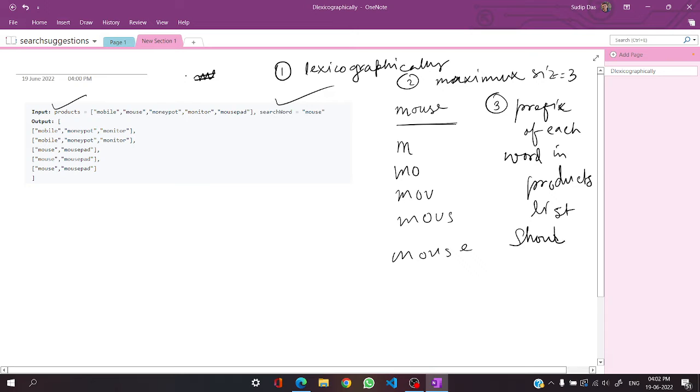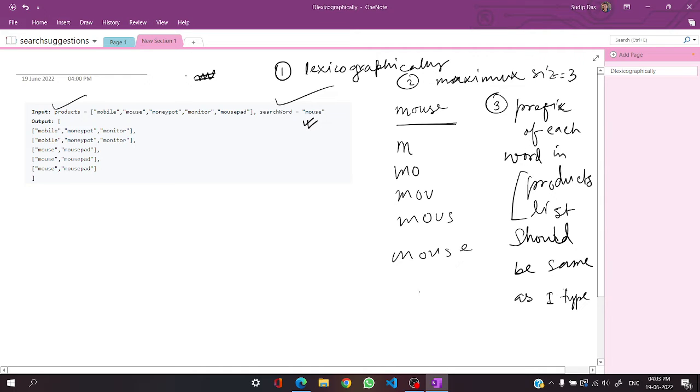It should be the same as I type. That means whatever I am typing from the search word, that word should be the same as the prefix of each word in the products list. Okay,